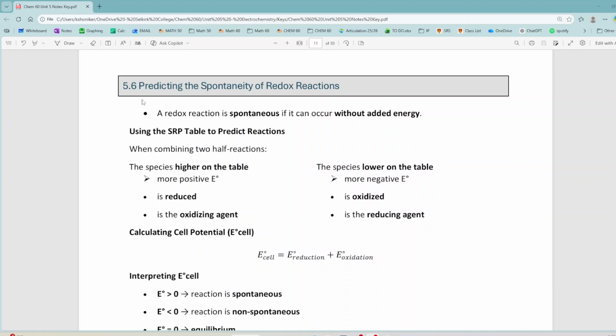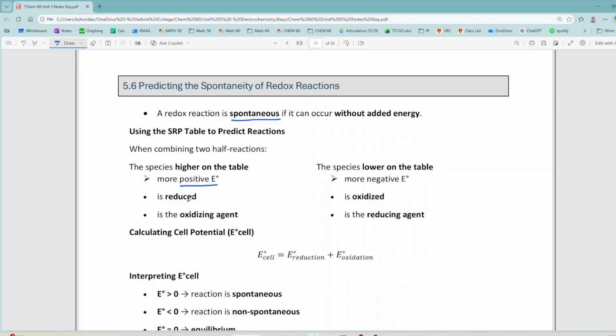All right. So I've already kind of mentioned this in 5.5 because it's hard not to complete the story, but a redox reaction is spontaneous if it can occur without any added energy. If you're going to use the standard reduction potential table to predict reactions, it's when you combine two half reactions together. The species that's higher on the table has a more positive electrical potential, and it is